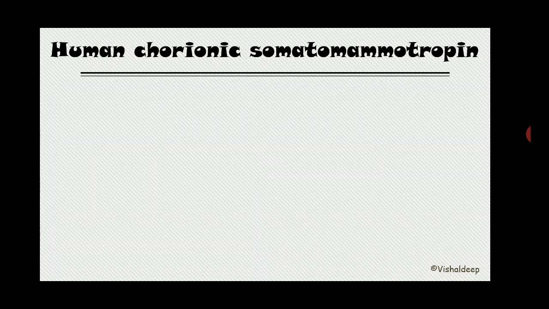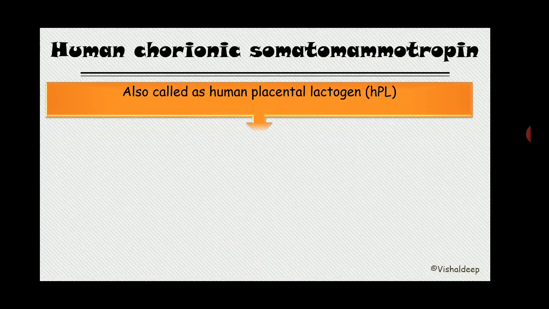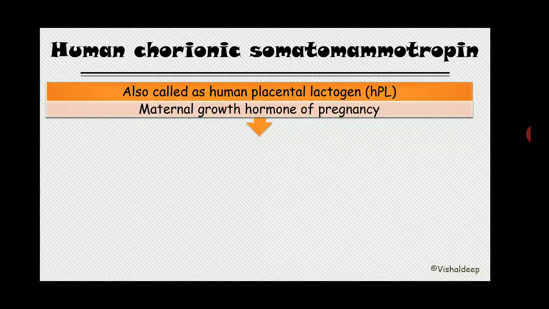somatomammotropin. The other name of this hormone is the human placental lactogen. It is also known as the maternal growth hormone of pregnancy. This growth hormone word is not for the mother but for the fetus. It is basically the growth hormone of pregnancy for the fetus. So this hormone has three names: human chorionic somatomammotropin, then the human placental lactogen, and maternal growth hormone of